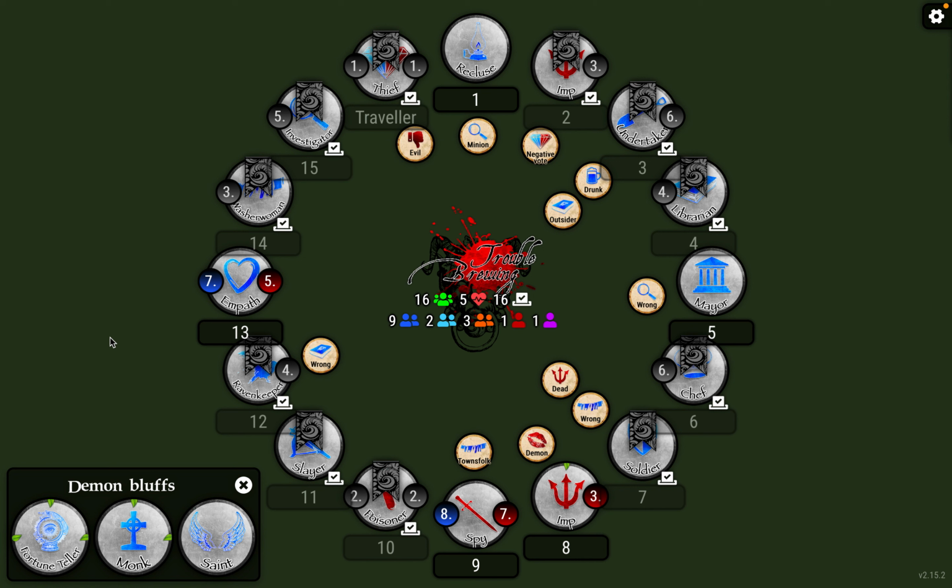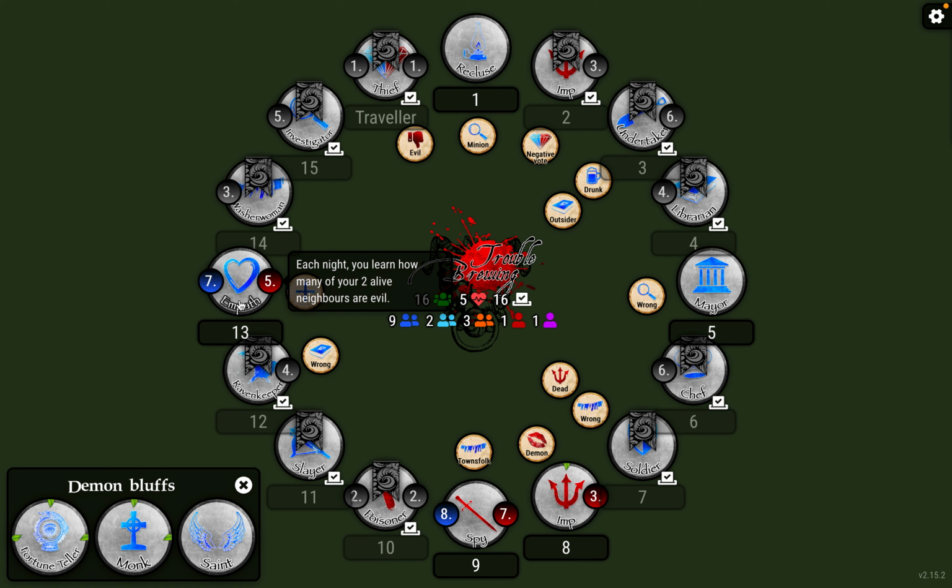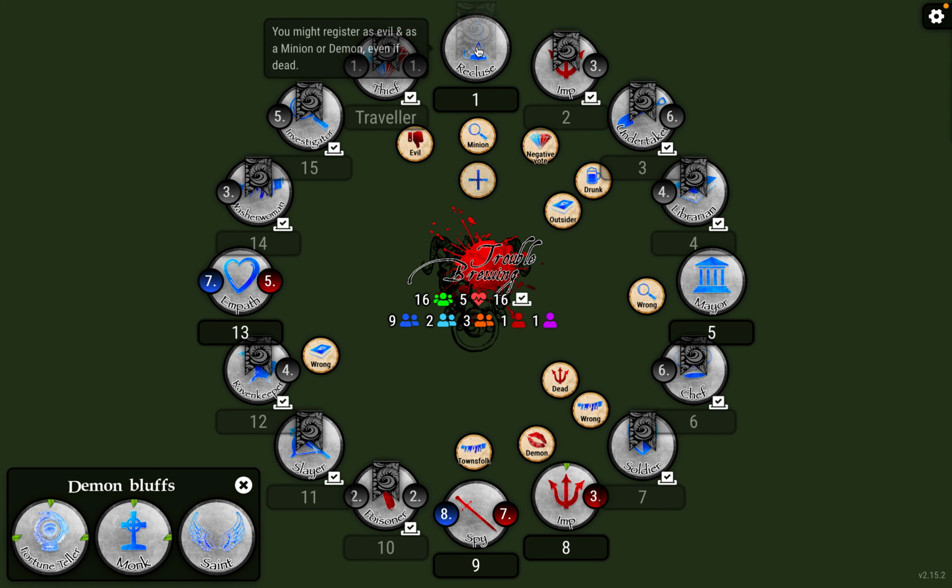And now we have a choice again. Now, we just skip all these dead players. We go to the Empath. The Empath can get anywhere between a 0 and a 2 because they are neighboring the spy and the recluse, who can each register as either good or evil. Alright, we will say that they get a 2, and town decides to execute